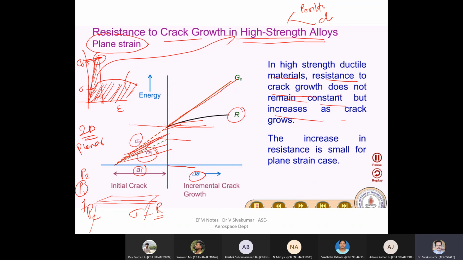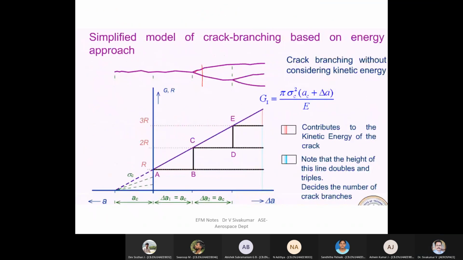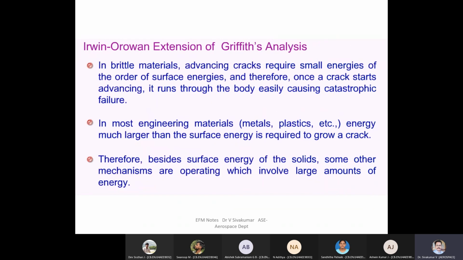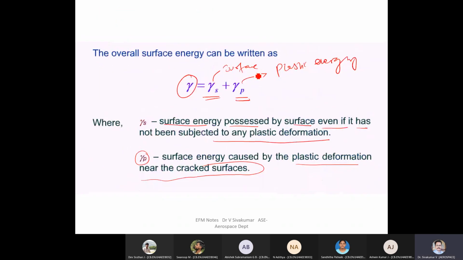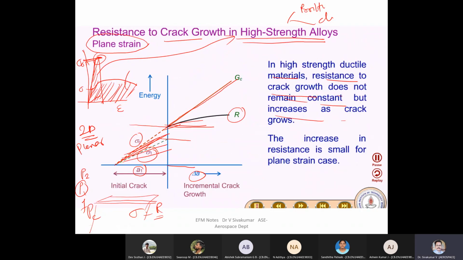Why? I told you, no? How will resistance grow? You can see here, R is growing, 2R, 3R, because a different fracture may come. And not only that, the resistance will grow because of plasticity. Even if the crack need not branch, the plastic zone RP is there, no? Plasticity is increasing, so obviously my R will also increase, because the zone becomes plastic and resistance will be more.